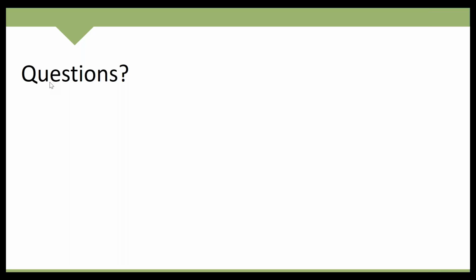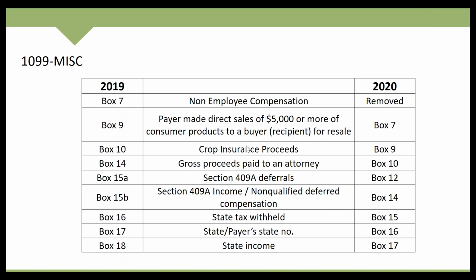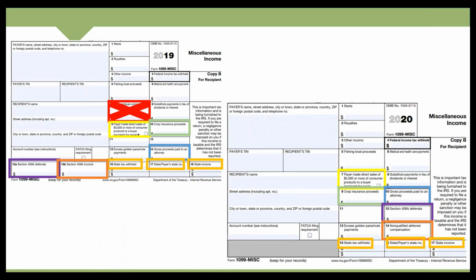One other question came in: where do you put the rent on the 1099 NEC? Rent is not put on the 1099 NEC. Rent is still going to be put on Form 1099 miscellaneous. So box 1 from 2019 up here, box 1 for rents, is also going to be box 1 in the 2020 1099 miscellaneous. So we will want to make sure that rents are reported on 1099 miscellaneous, and non-employee compensation is reported